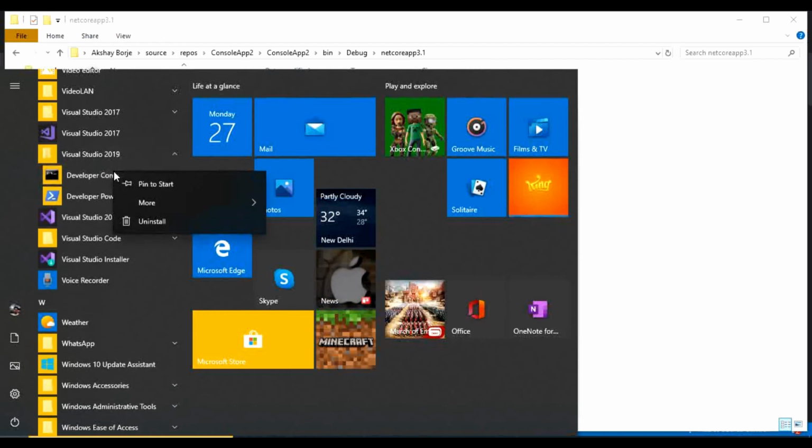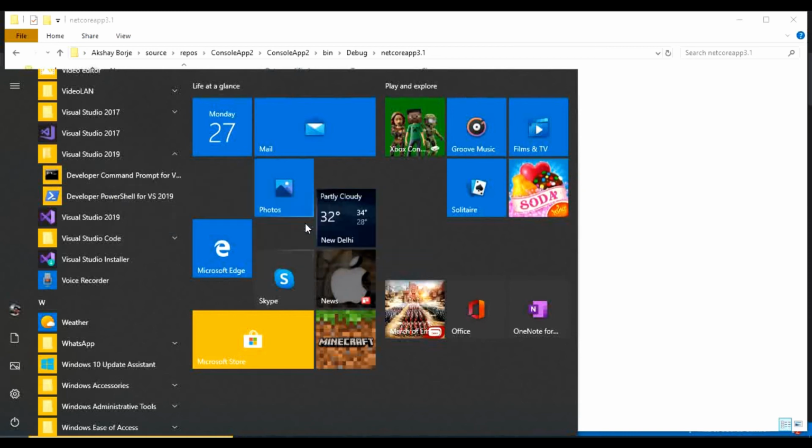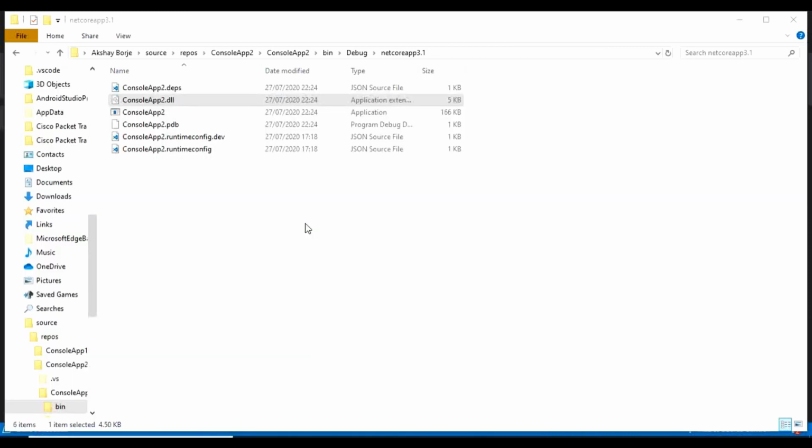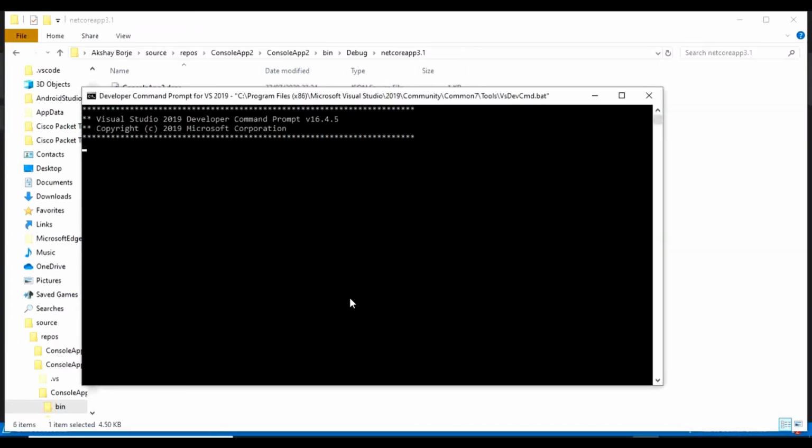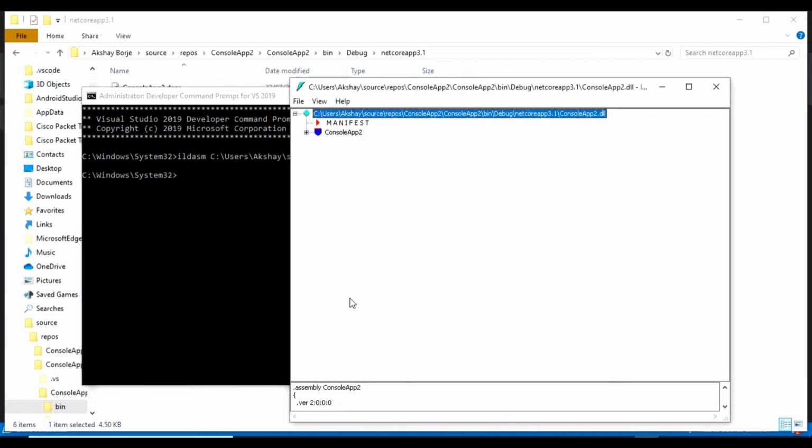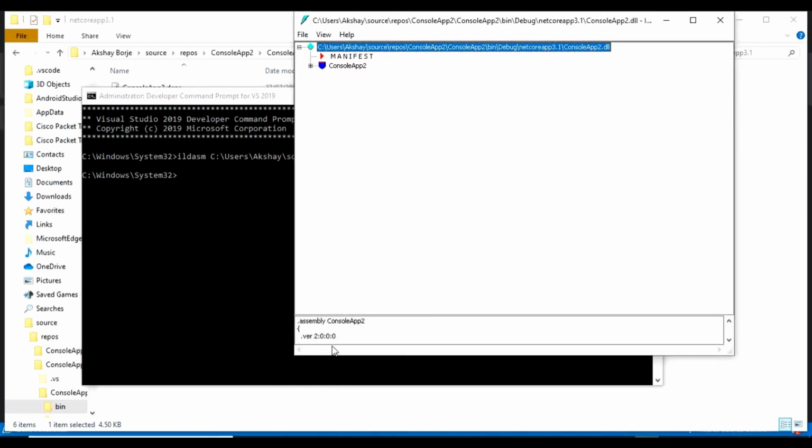I will run it as administrator. Okay, so I will again run ILDASM with that path name. Now as you can see here, we have changed that version to 2. Okay, but this is the assembly version.